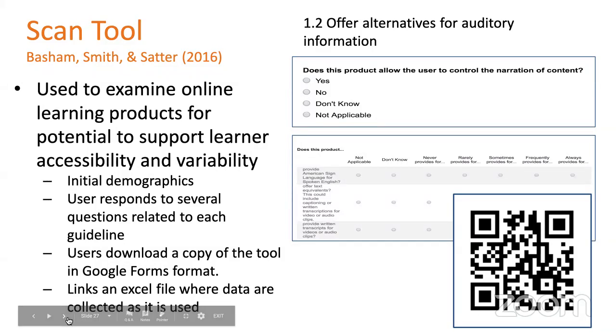So one tool that you can use to measure UDL in an online learning or measure online learning products is the SCAN tool, created by Basham, Smith, and Satter. So this tool looks at each of the UDL guidelines and asks a question and then probes a little bit more into more specific questions. So for example, one question might be,